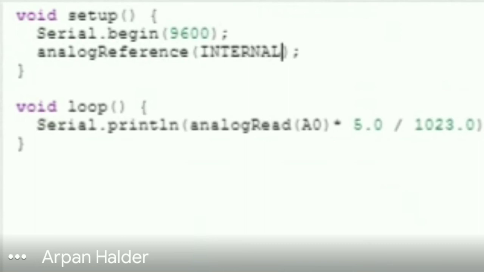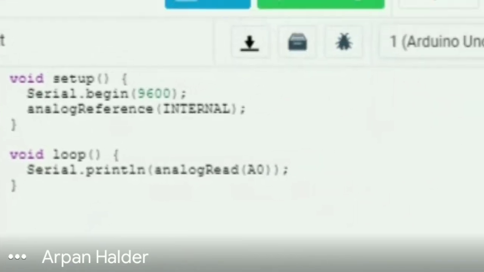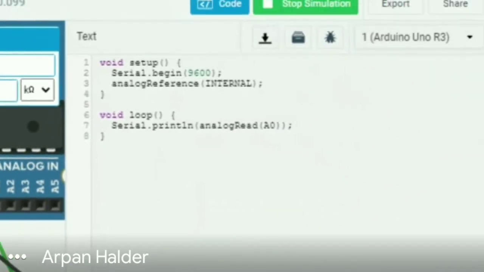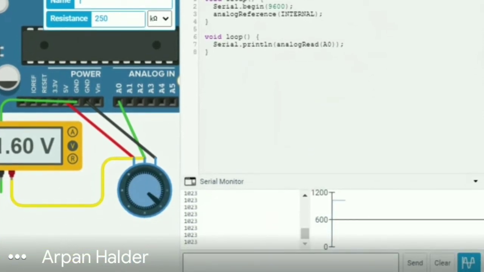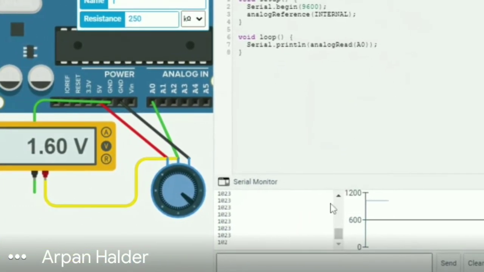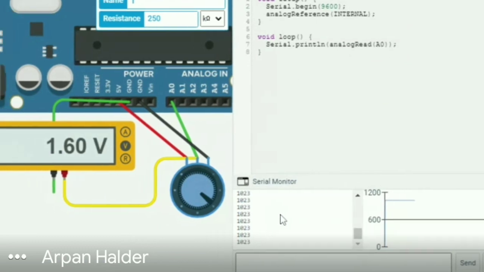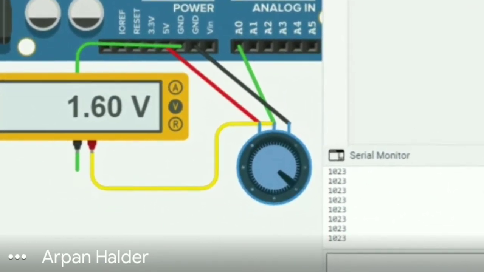And let's see what happens after that. Sorry, we are interested in seeing the raw ADC values first. So now see, we are getting the full value here because our reference is 1.1.